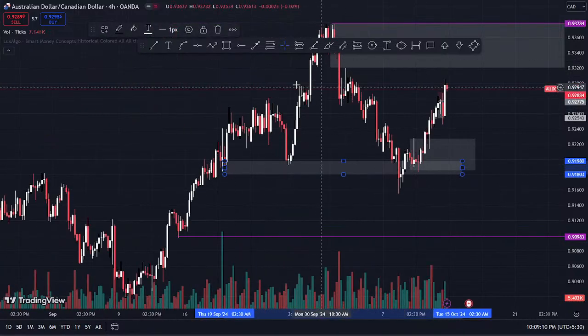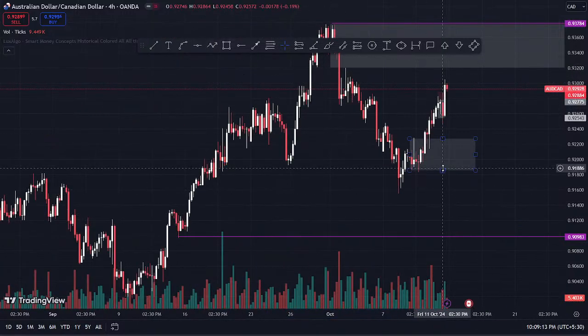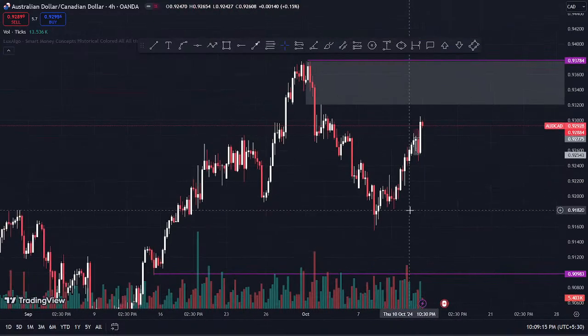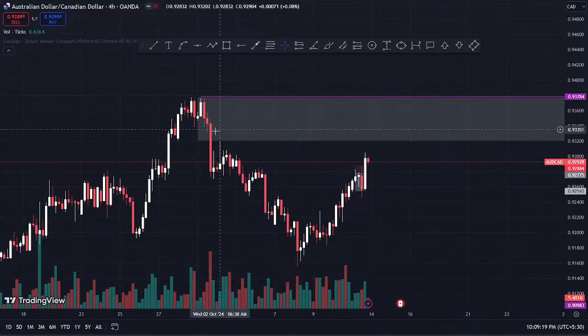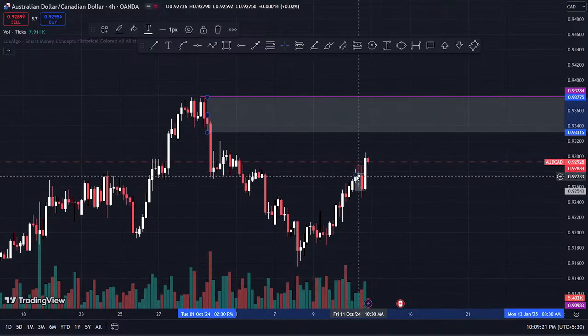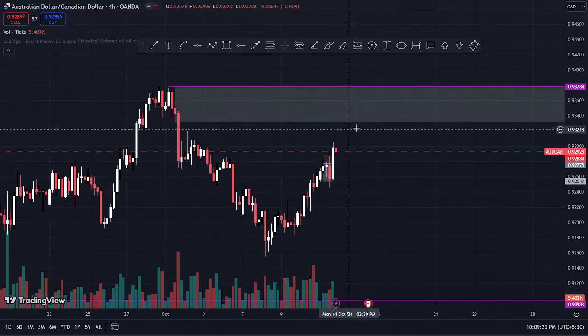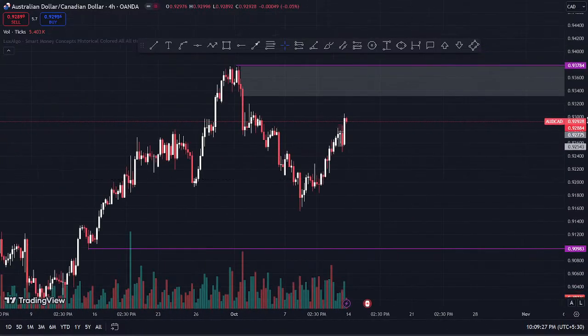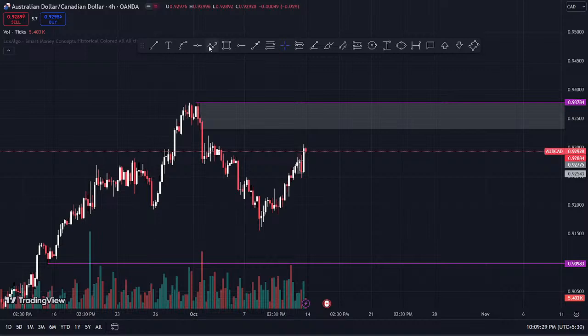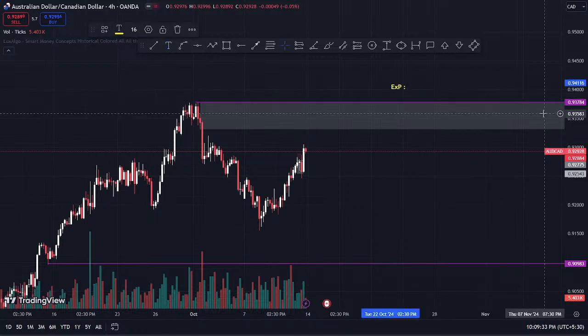This was a sweep in the daily time frame. Okay, so let this thing have a pullback, and then we are going to wait for some time. Taking this as a resistance, let us wait for this mitigation. Okay, so this is a pullback. So what do you expect here? Expectation is mitigation of higher time frame supply,